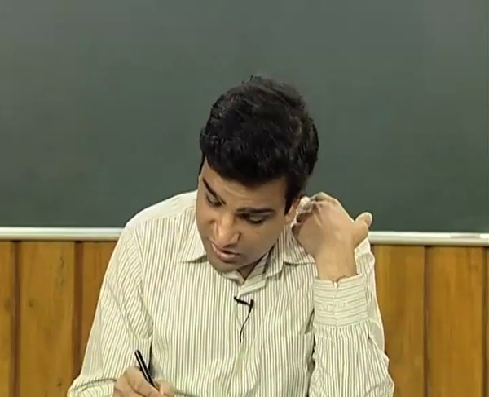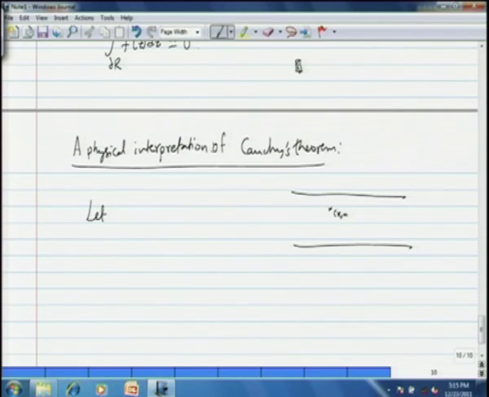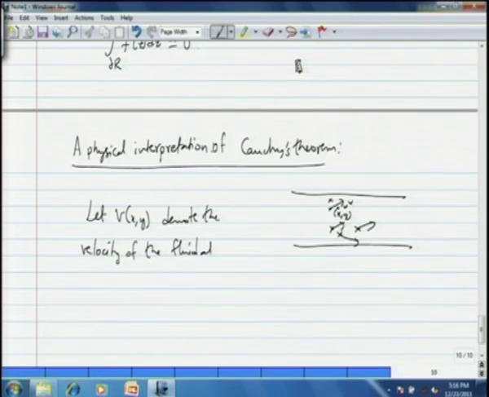Here is a point x y, and there is a certain velocity vector based at that point, and at each point there is a certain velocity of the fluid. Let v of x y denote the velocity of the fluid at a point